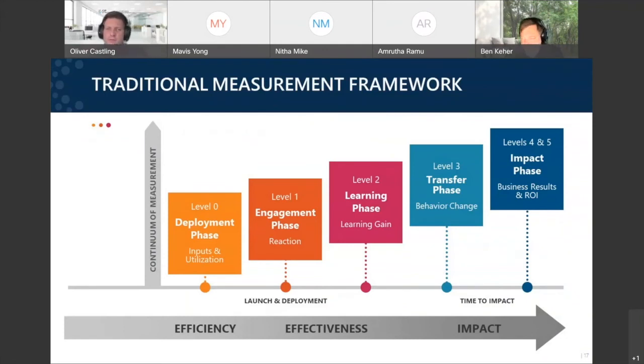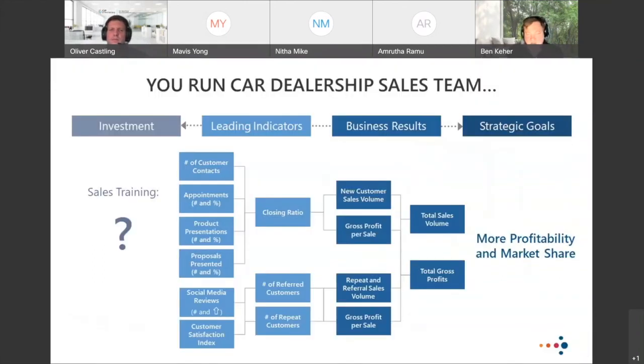So someone else has asked, Brian's asked about how do we measure level 4, and I'm getting to Sonia's question in a moment. Well, this whole process was around defining level 4. So level 4 is business result, level 5 is ROI, and people debate whether or not they're one and the same. And the goal is to create that causal chain, right? So if I come back to this example here, strategic goals and business results kind of start to move to that level 4, level 5 level,